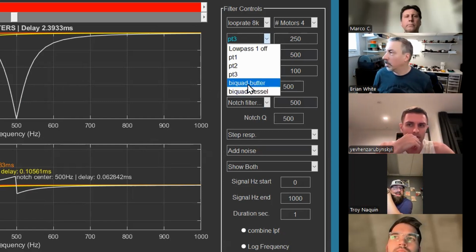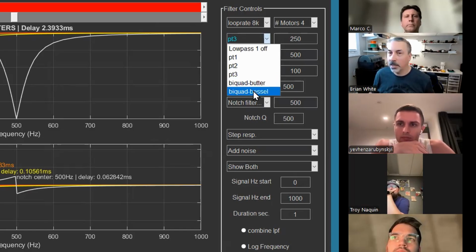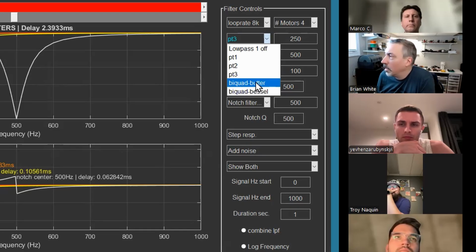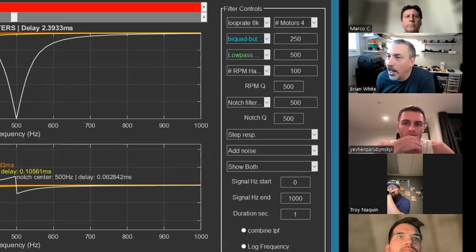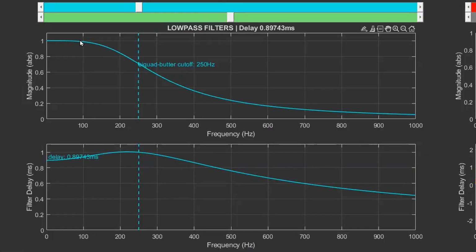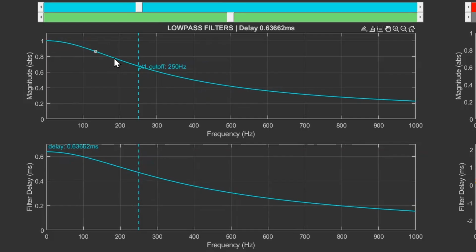So you'll notice here I'm showing a biquad Butterworth and a biquad Bessel. They're sort of variants of the biquad. The one that's implemented in Betaflight is the biquad Butterworth. So you click on that. Notice that's much less attenuation here and a bit steeper here. So there might be cases where that is of interest. But generally speaking, the PT series work better for the D term because they attenuate more below the cutoff for